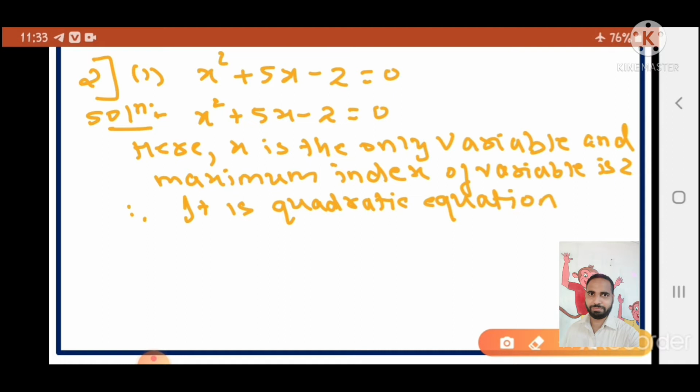Right? Reason you should always give. You can identify by seeing also, yes, this is a quadratic equation. So directly don't write, give the reason. What is the reason? That it contains only one variable, that is x, and the maximum index of the variable x is 2. Therefore it is a quadratic equation. If you are comfortable with the word maximum index, you can write that, or you can write highest degree also. Any word you can write, whichever you are comfortable with, right? Now go for the second one.